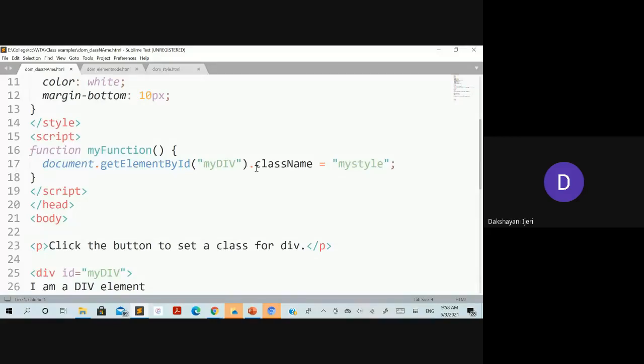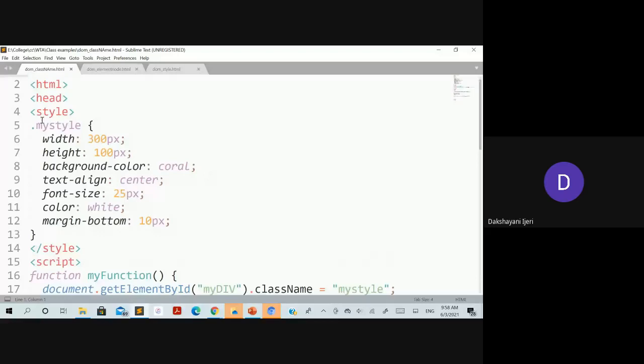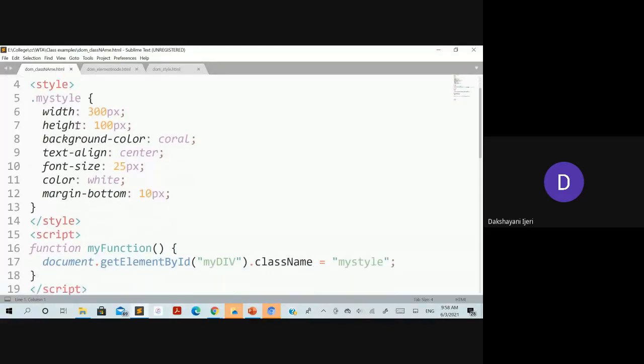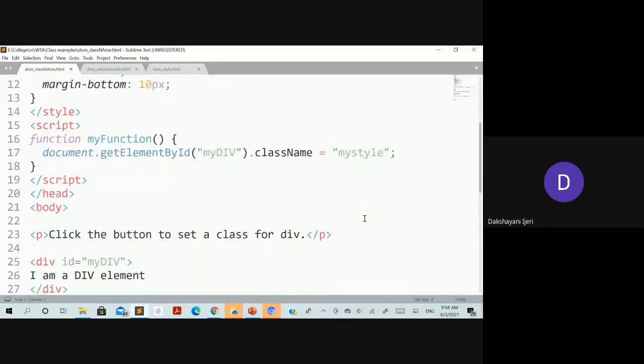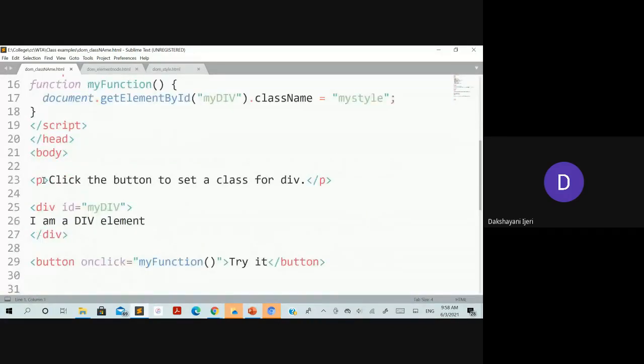So myStyle is the one we have defined here, and this entire set needs to be applied through the class name over there. How it is done we'll see in the body section. You can see here the division section, where the id attribute is present. So to this, the class name myStyle will be added.